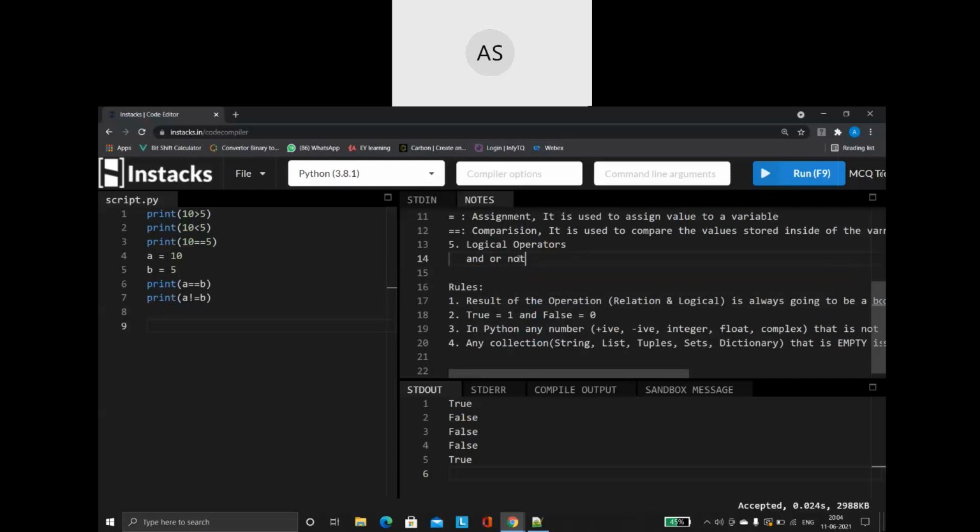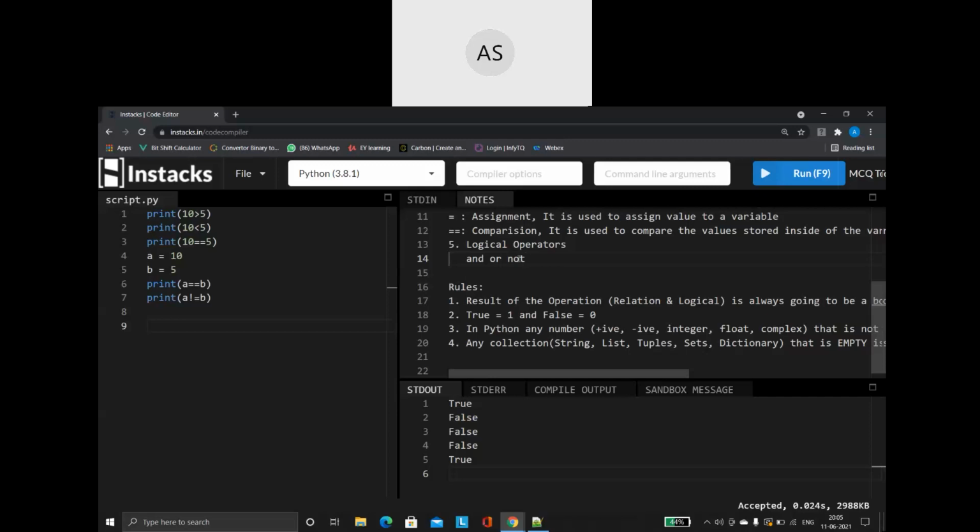So before going into that, let us understand what is a logical operator. What is the role of a logical operator? Okay, so in English, and, or and all are not normal English words, right? So where do we use the word and? Where do we use the word or? In normal English language, we call these words as conjunctions. So what is the purpose of that? It is used to join one or more sentences together. I have two separate sentences. I want to join that sentence into one single sentence. Then I will be making use of this word and or.